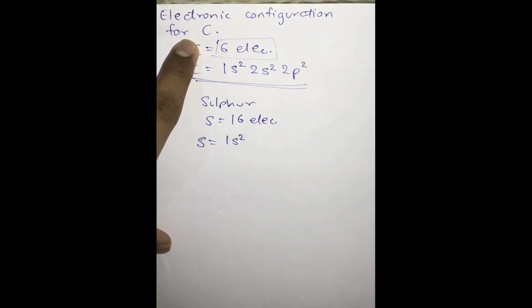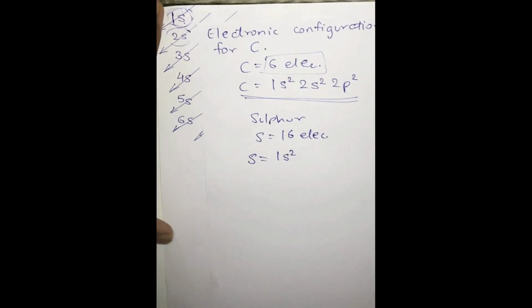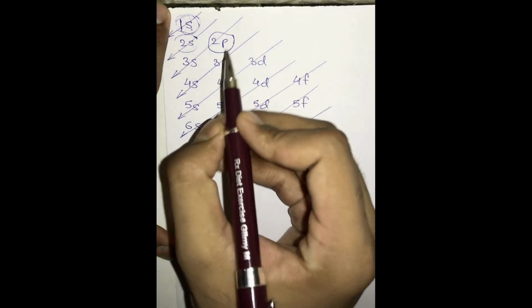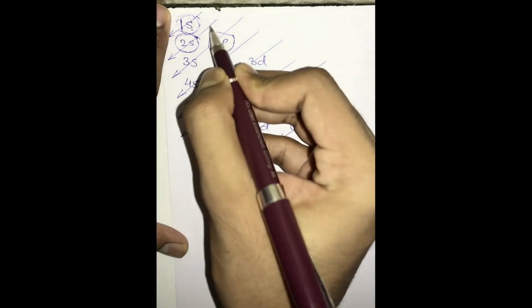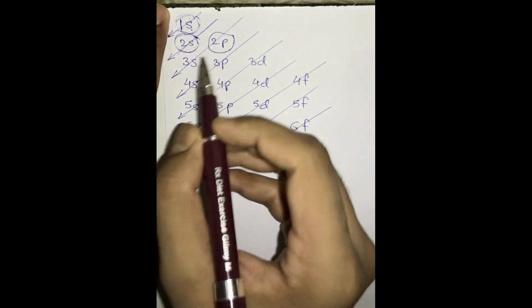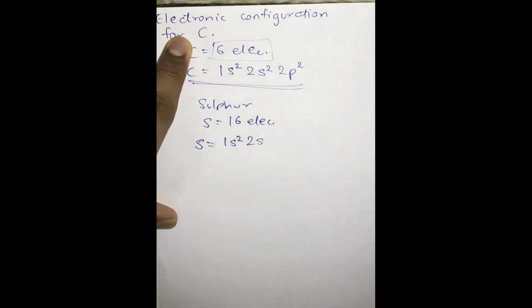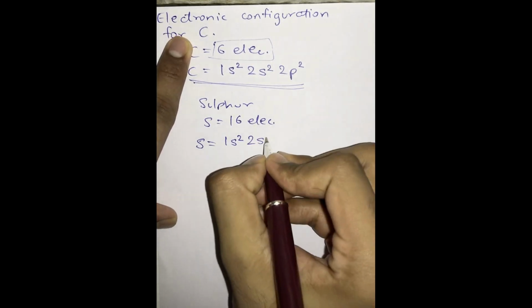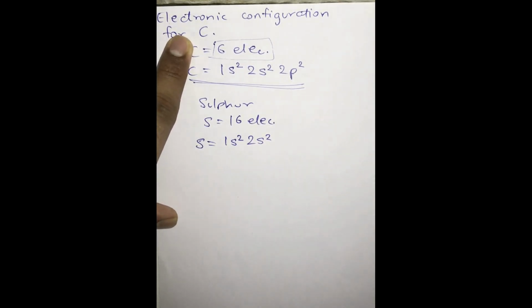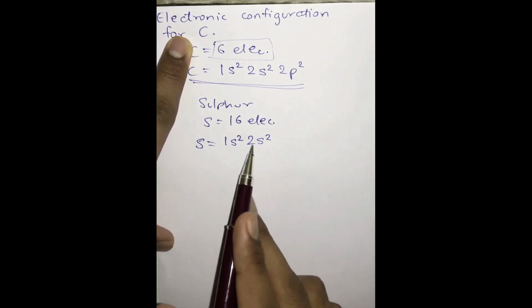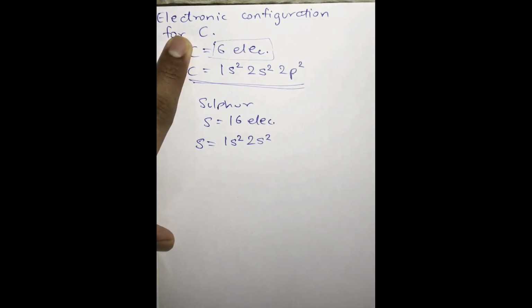Now where will these 14 electrons go? Our next energy subshell is nothing but 2s, which is in the second arrow. Am I right? So the 2s is going to get filled after 1s. Again, s can accommodate only 2 electrons, so out of 14 it can take only 2 electrons. So still 12 are remaining. Out of 14, 2 are taken by 2s, so again 12 electrons are remaining.